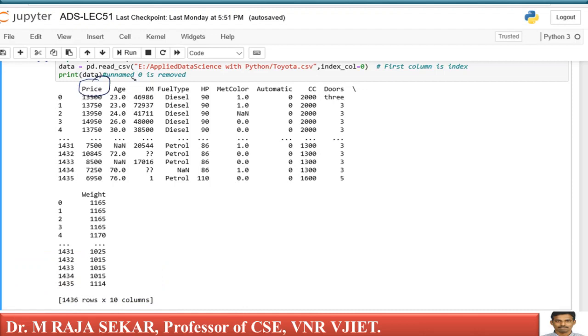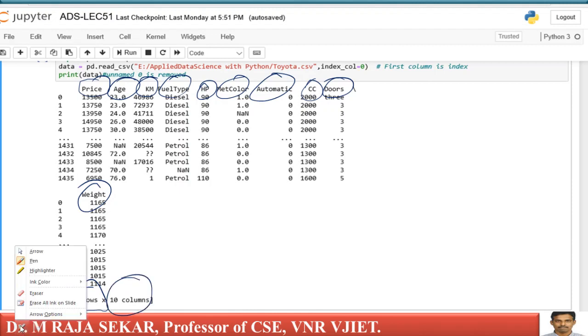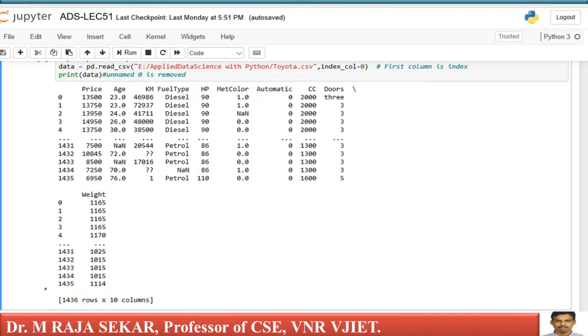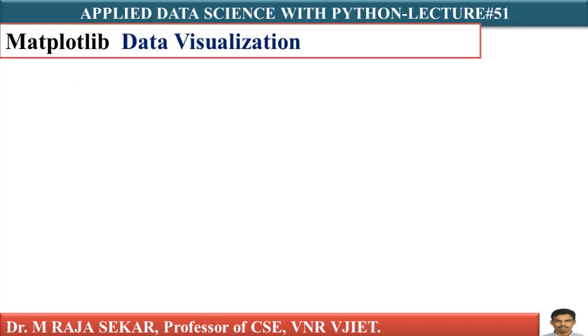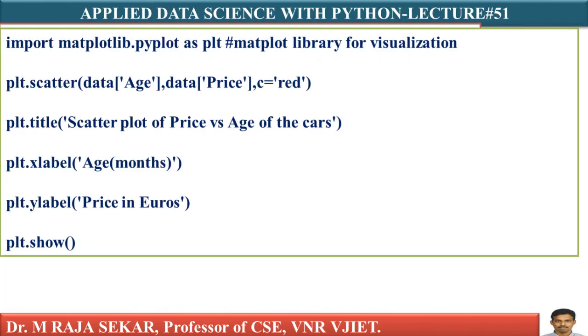These are the column names: price, age, kilometers, fuel type, horsepower, metallic color, automatic, CC, doors, weight, isn't it? How many rows? There are 1436 rows and 10 columns. This is not new. We spent a lot of time on this particular data file. Now we will try to understand how